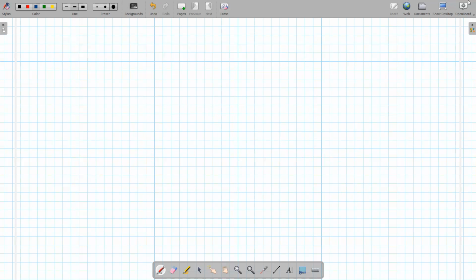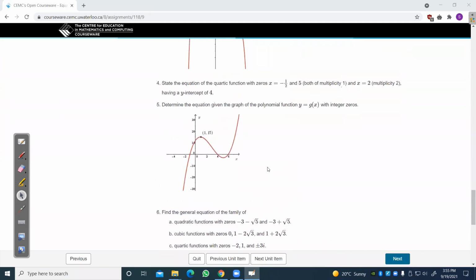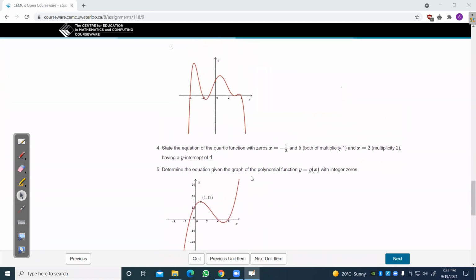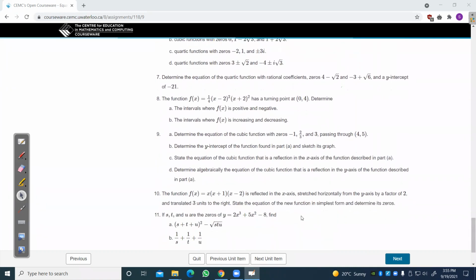I'm surprised it popped up here because this is not part of the curriculum. Complex numbers for advanced functions, it's not. Maybe they want you to go a little bit ahead of the curve. Can we maybe do question 8? I haven't done it, but